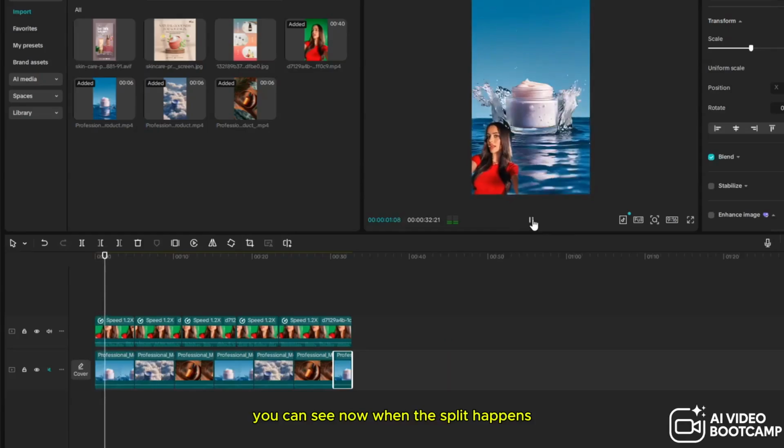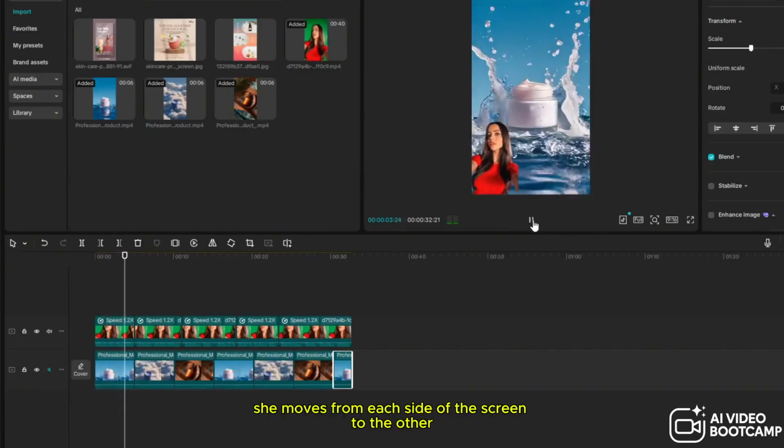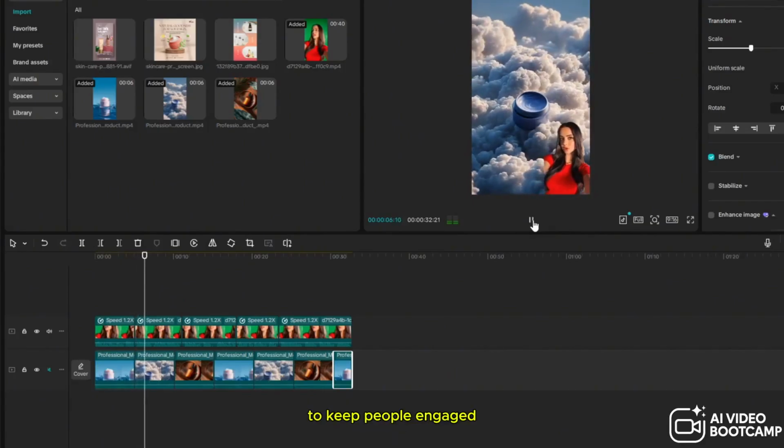You can see now when the split happens, she moves from each side of the screen to the other to keep people engaged.